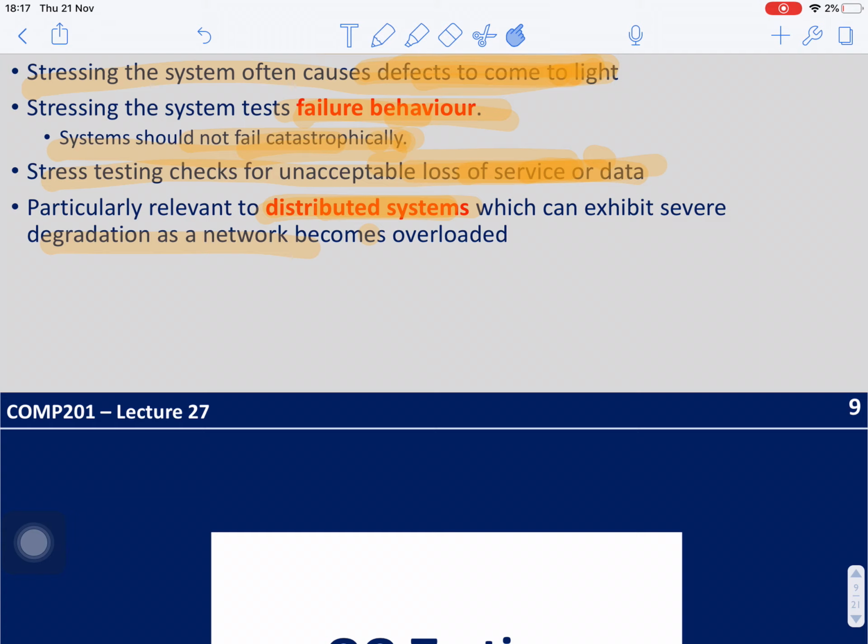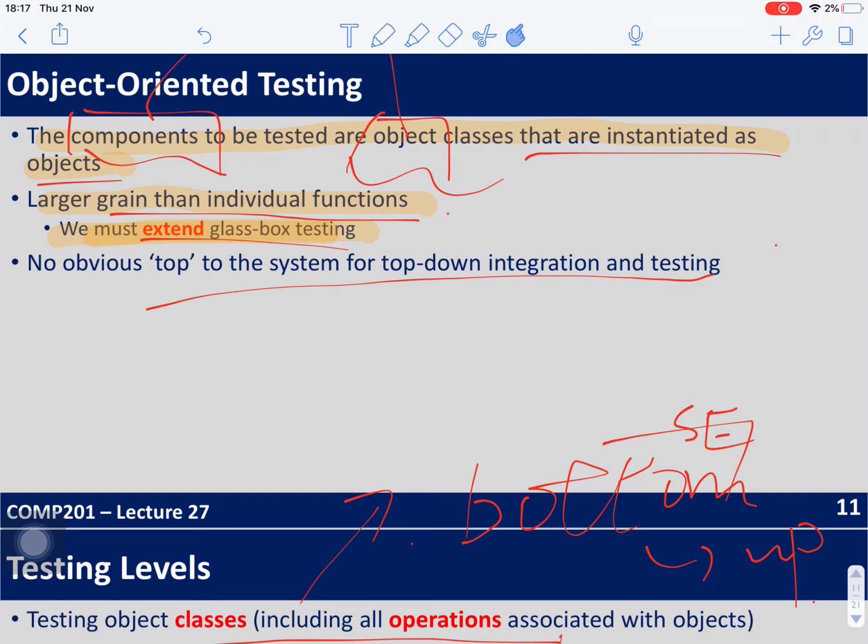inquiries. And object-oriented testing is the component we tested. The object class is initialized, it is larger grain than the individual function. We must extend the